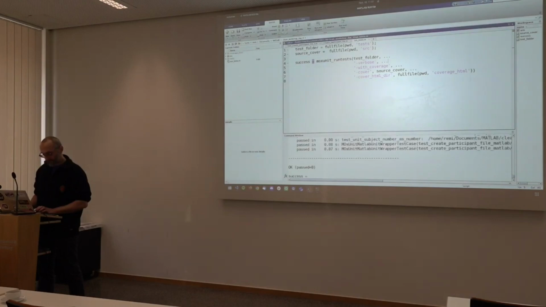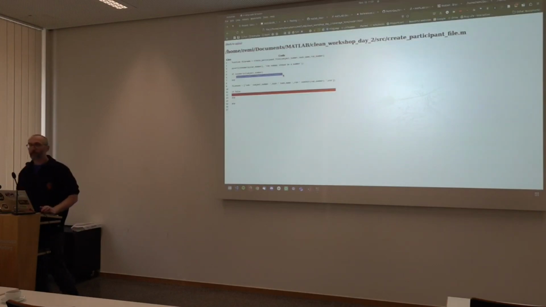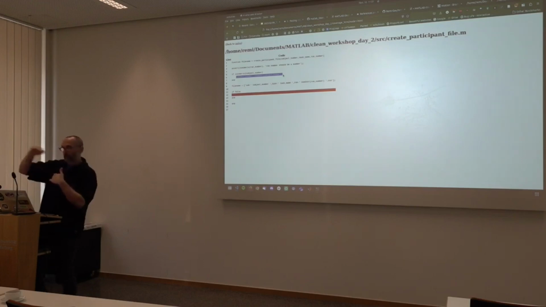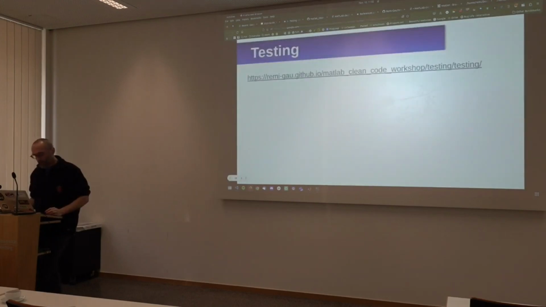If you run all the tests with the coverage report, our 8 tests pass, and if we refresh this, now we see that this line has also been tested, right? So this is pretty much how you identify the part of your code you've not tested and write more tests to make sure that all parts of your code do behave as expected.